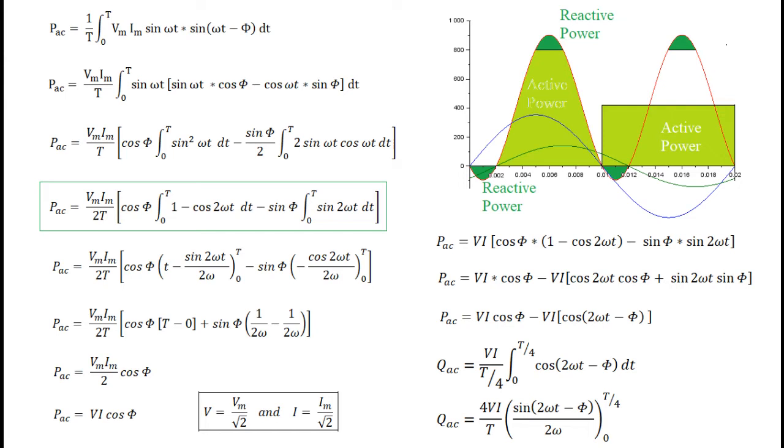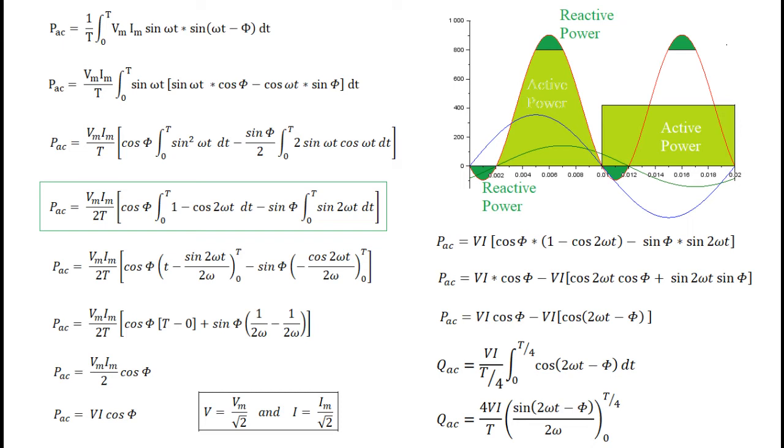In our derivation for active power, if we consider the expression for instantaneous power without finding average power, then we see that instantaneous power is not simply a product of apparent power and cos phi. The expression in the green box is simplified after removing the integral sign and period T in the denominator. Further, peak values are converted to RMS values. This instantaneous expression tells us that V into I, cos phi and sin phi are constant terms with respect to time, but terms 1 minus cos 2 omega t and sin 2 omega t change the value of power at double the supply frequency.